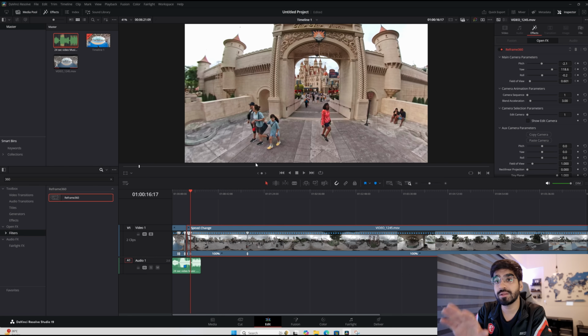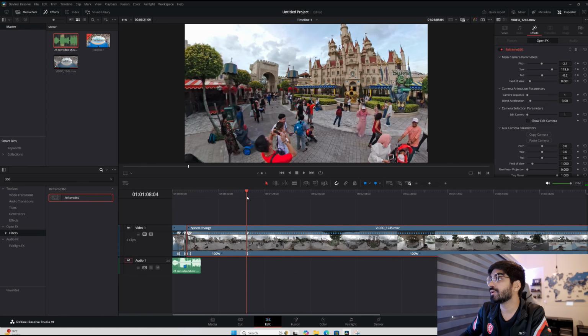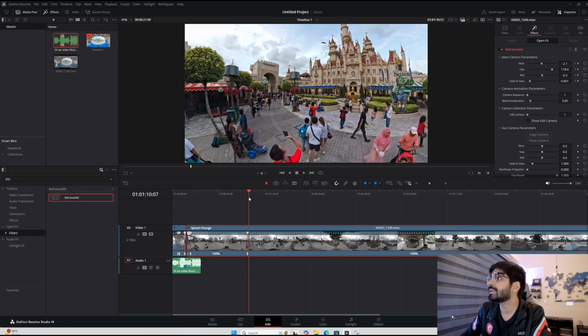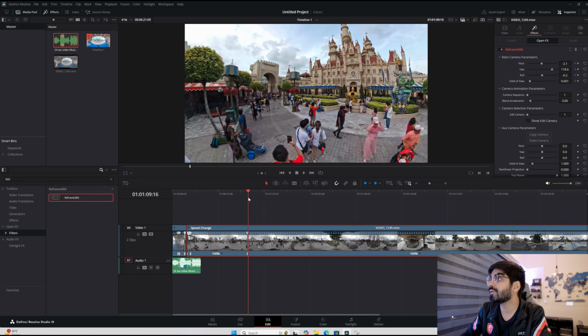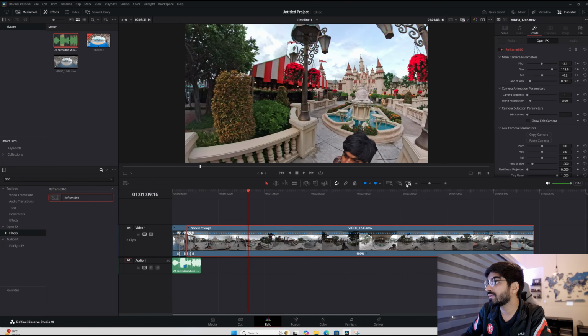To this point, we want our video to be at the normal speed, but next we want it to be very fast forward till this point. Okay, this is the perfect point for us where we come in front of the castle. Add a speed point, and then fast forward it, drag it to the